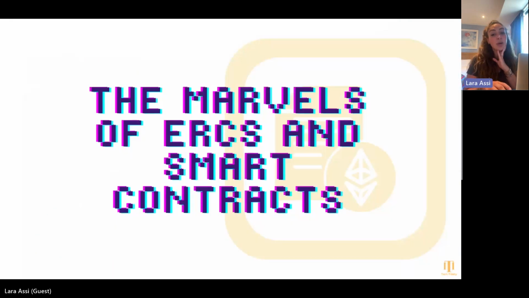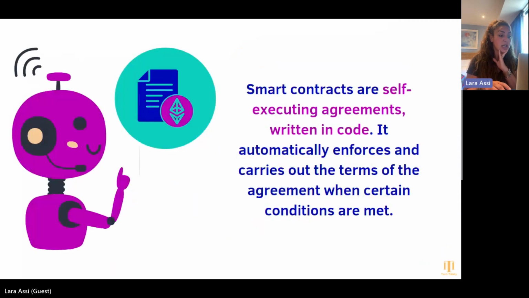So let's talk about the marvels of ERCs and smart contracts. What is a smart contract? Think of a smart contract like a digital assistant for artists and creatives. What does the digital assistant do? It drafts that contract for you, which is self-executing. It's a self-executing agreement that works behind the scenes to automate and enforce the terms of a creative collaboration or project. So if I am an artist today, if I am a painter and I have this amazing painting